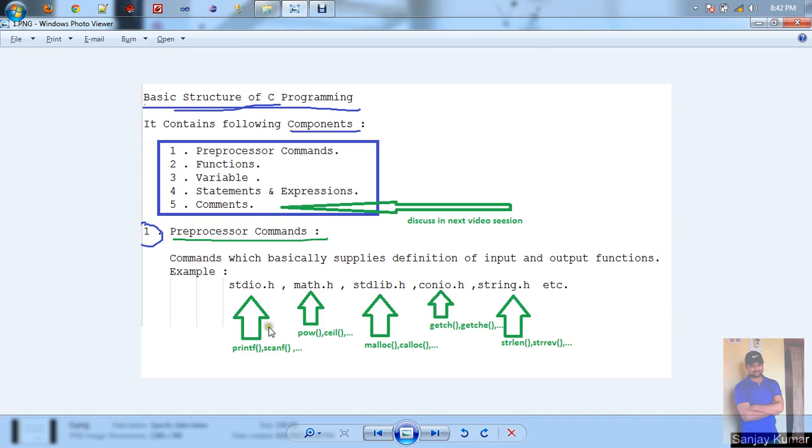These are categorized under the stdio.h header file, and in the math.h header file, we will use functions like pow and ceil, and functions like malloc and calloc in stdlib.h, and functions like getch and getche in conio.h, and string length strlen and strcpy in the string.h header file. So basically preprocessor commands are those commands which contain the definitions of input and output functions of our C programming, and it is the most important part of our C programming.